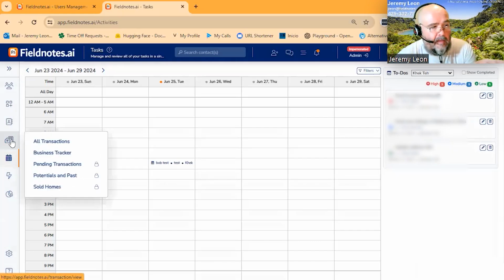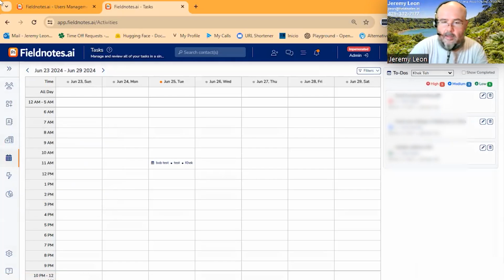Yeah. And then with all transactions, you can actually download and create reports if you like having stuff backed up in Excel, or if you like to share Excels with people, like, hey, here is the data that we have for this week, or things like that. You'll easily be able to pull a report together, especially with these views like pending transactions. You could have many different stages set up so that you're not having to filter this all the time. You can essentially just go straight to those important stages and pull the numbers and quickly communicate with your team and make sure everybody is on the ball,